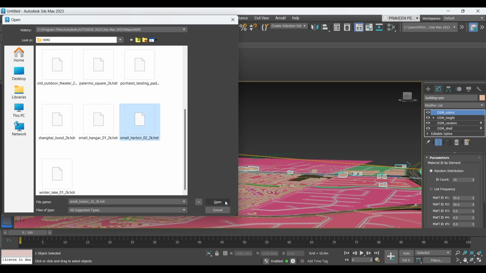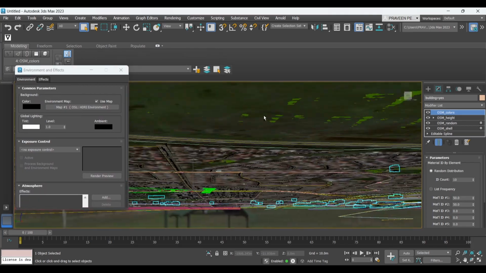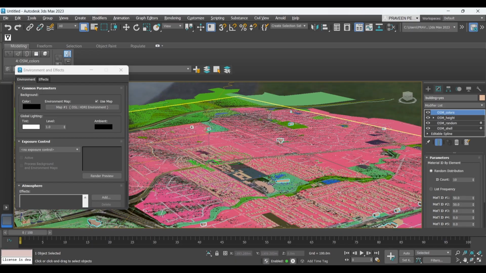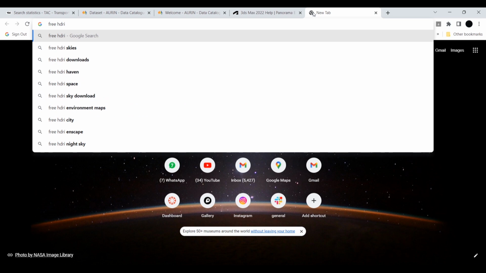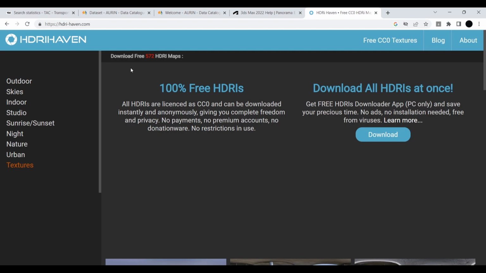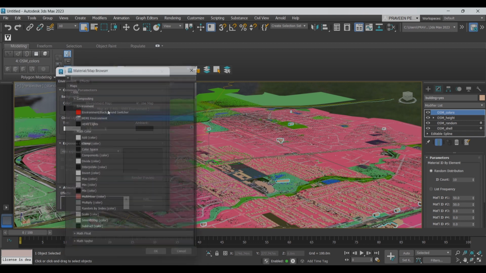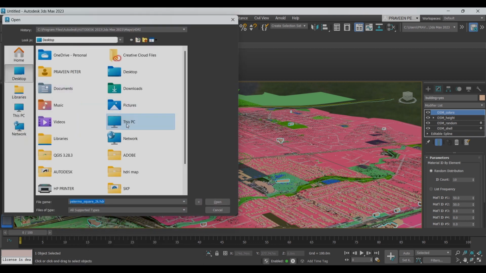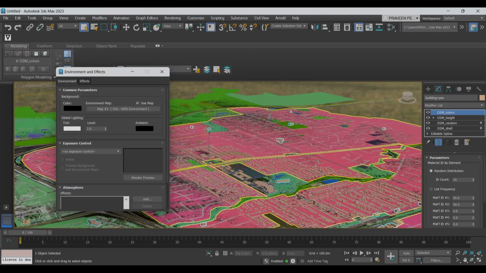So if we don't like those preset lists, what we can do is go online to download some other HDRI. So let's see what we can find online. Free HDRI for 3ds Max, and let's click on that and I'll just pick one of them, and let's upload that into our HDRI map. Let's click open. Yeah, we can see another file has been loaded as an HDRI map, the one we